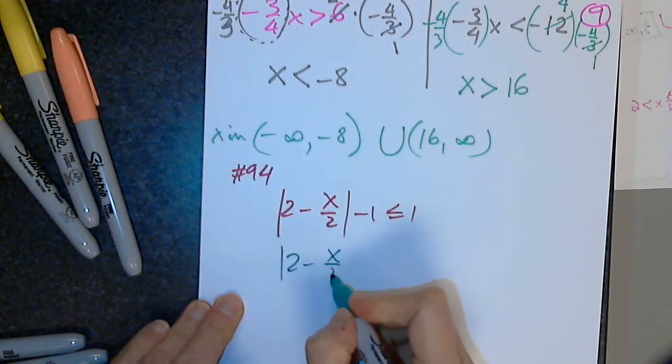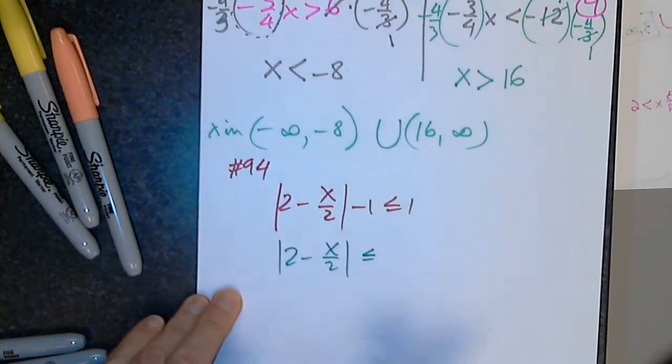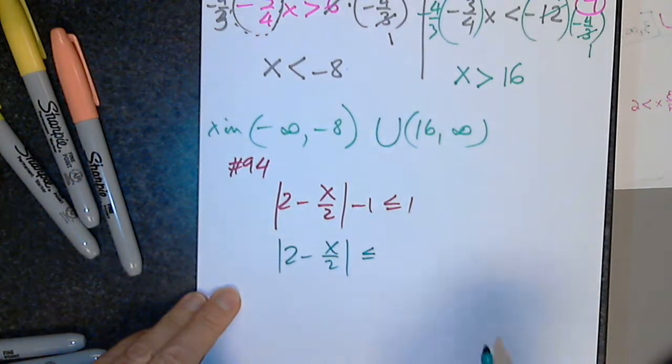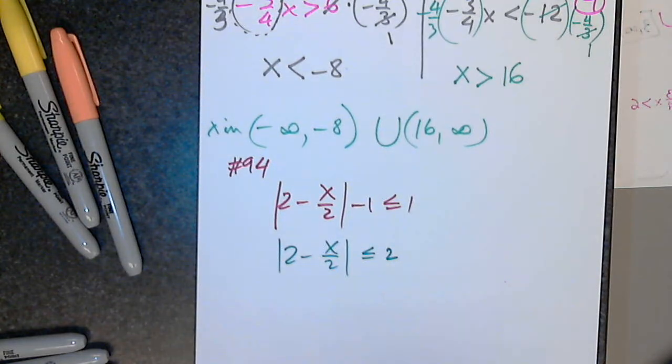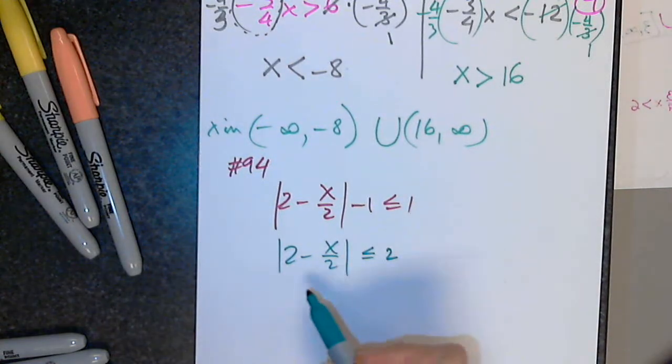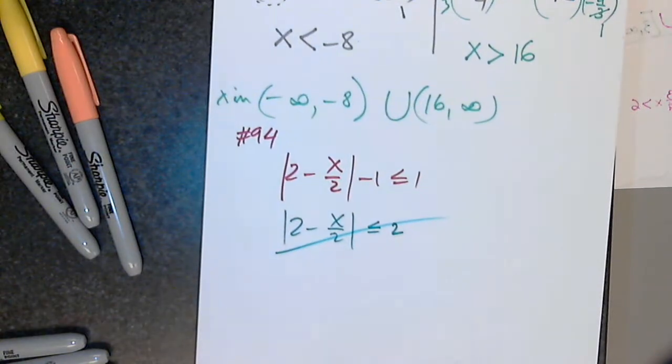So the absolute value of 2 minus x over 2 is less than or equal to 2. Now remember, I can't solve this. I can't touch it. I cannot do anything to it. So I'm only asking myself, is it in between or is it the outside? It's the in between. So then this goes away and I replace it with